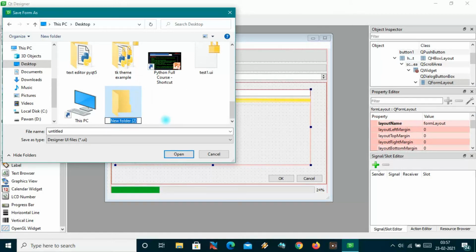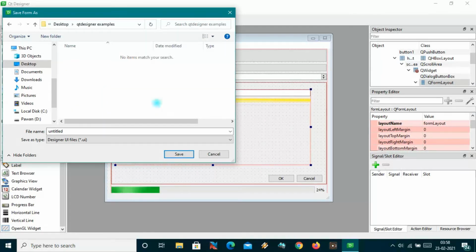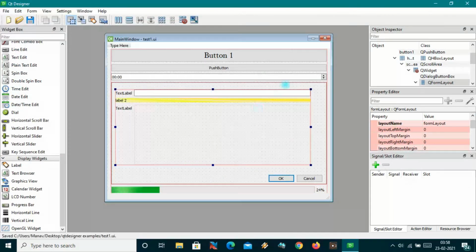I will just name it Qt Designer examples. Sorry for spelling, examples. And now under this folder I will save here in designer UI files. I will save here with the name test1, and now I will save it.